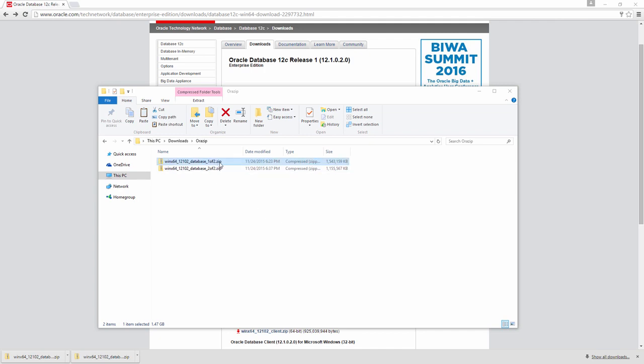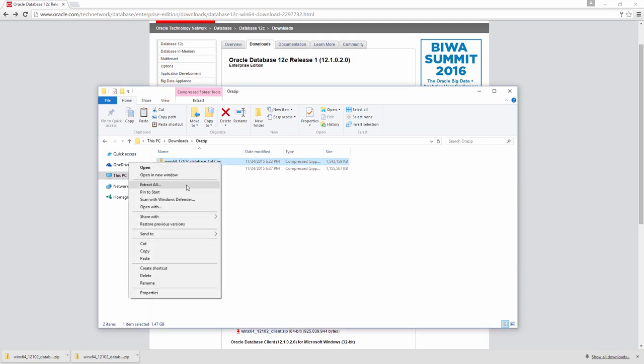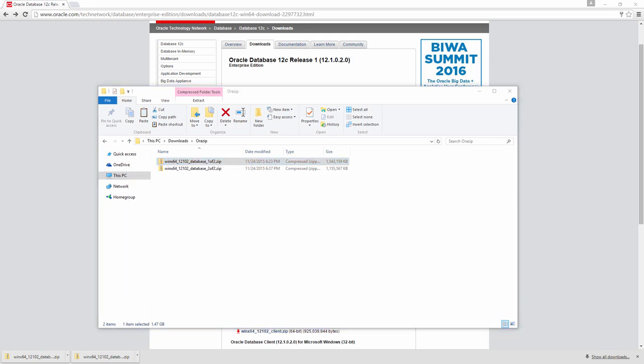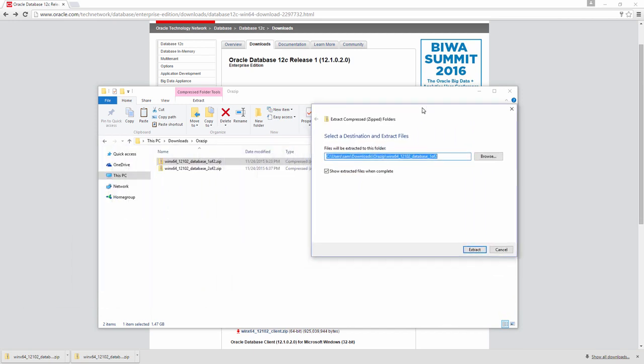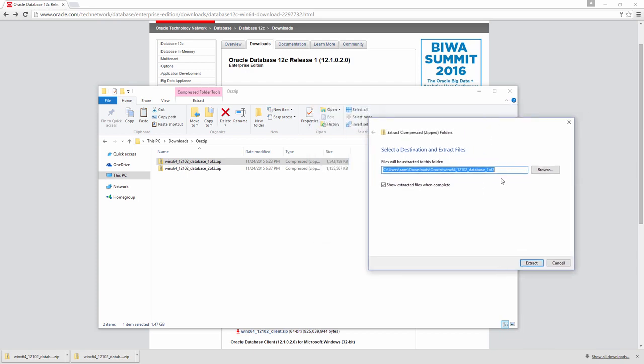Just do a right click on the file 1 of 2 and choose extract all, and it will prompt you a location where you need to extract those files. This is very important: I'm going to extract both the files into the same location. So I don't want this 1 of 2 or those things. I'm just going to extract them to